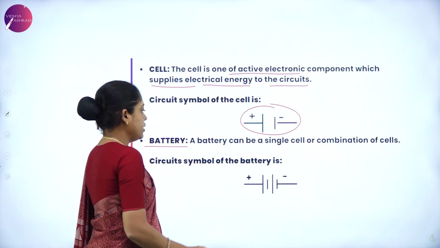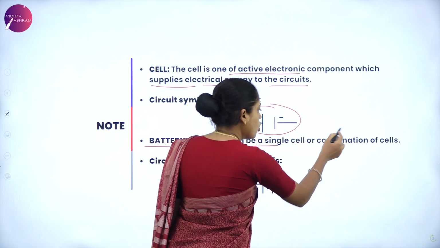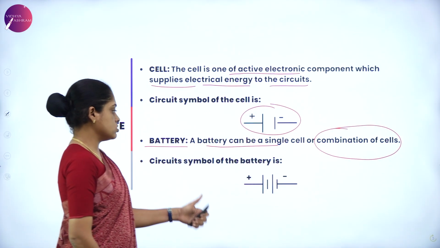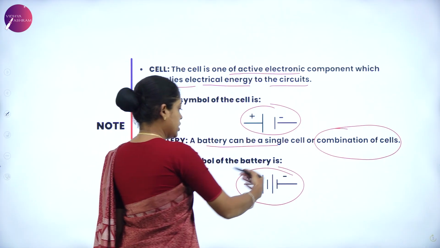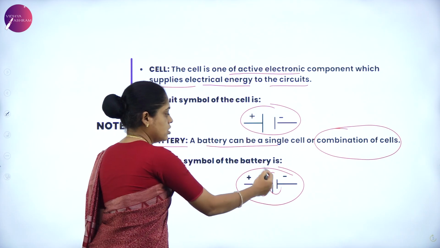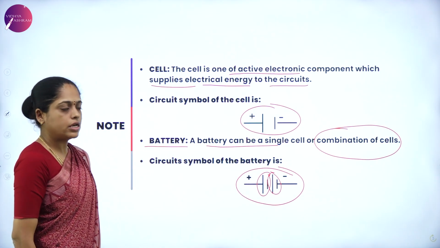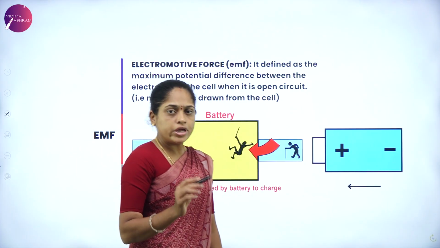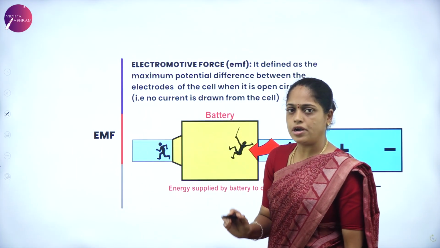Next, what is a battery? A battery is a combination of cells or a single cell, whose circuit symbol is shown here. A combination of cells or a single cell is known as a battery. Yes, next. A very important term which is related to the cell is